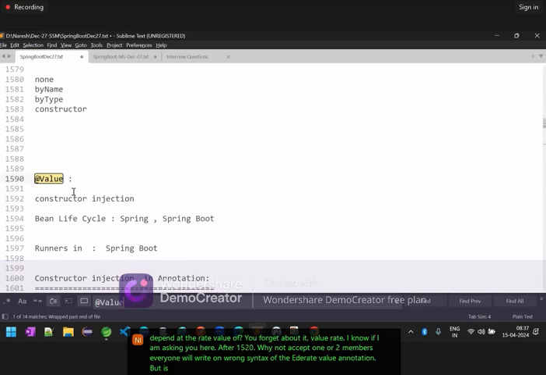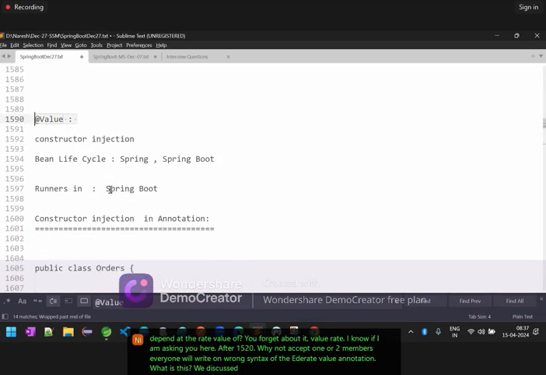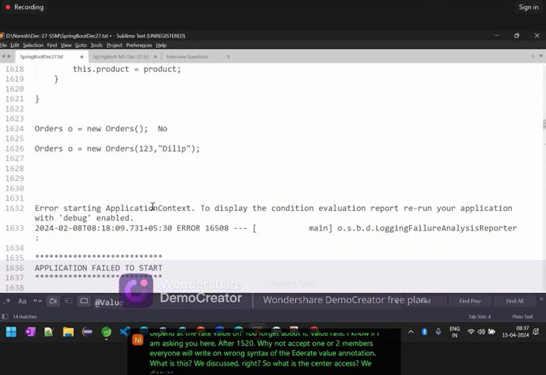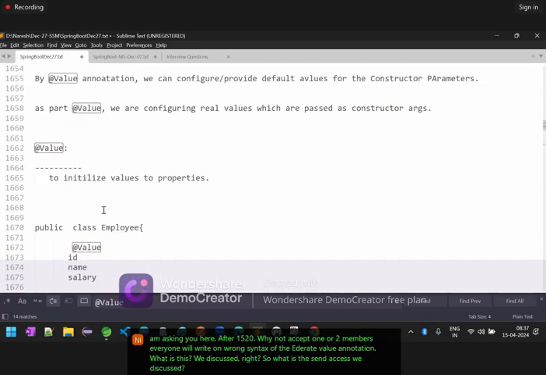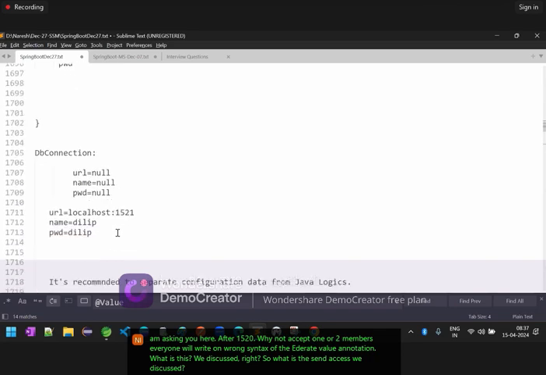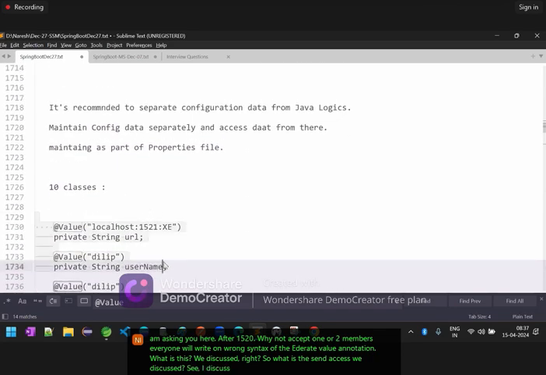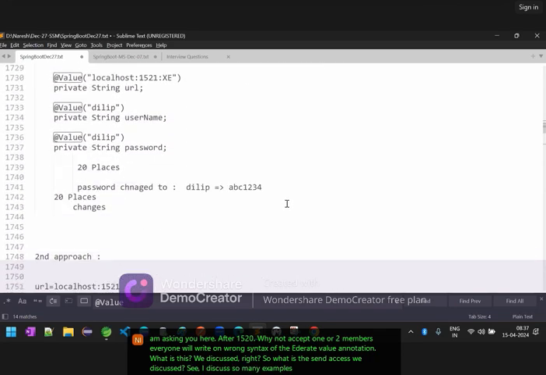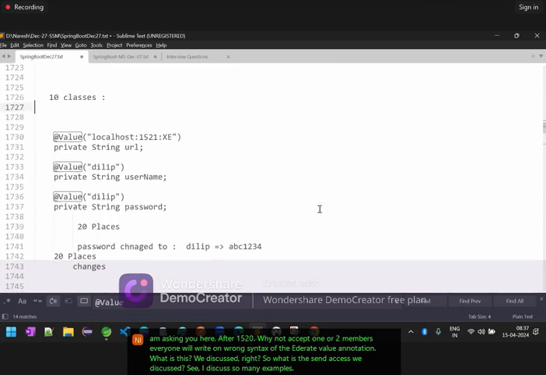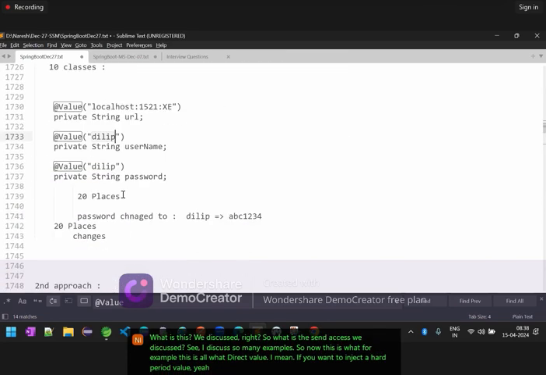What is this? We discussed, right? So what are the syntaxes we discussed? See, I discussed so many examples. So now this is, for example, a direct value. I mean, if you want to inject a hard-coded value, if you want to inject via property,